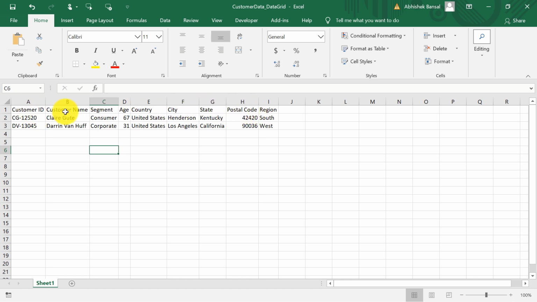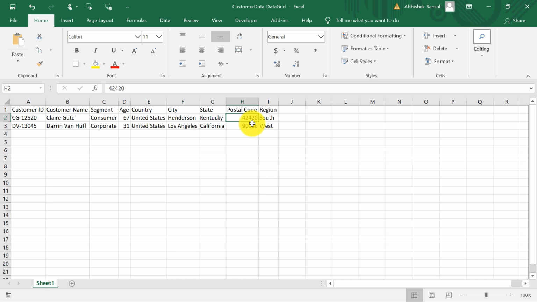Apart from the variable name, metadata also includes what is the type of the data. For example, age is an integer type of data, whereas customer name is a string type of data. Also note that although postal code looks like integer type of data, it is not really an integer.